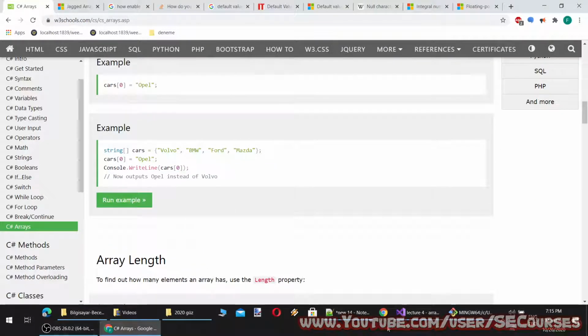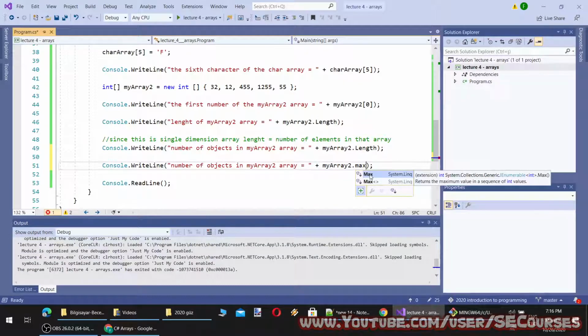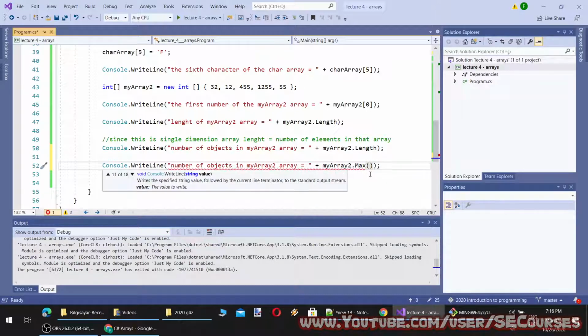I am going to do that like this. See, this is an extension that IEnumerable classes have. So this max will return to me the maximum value.